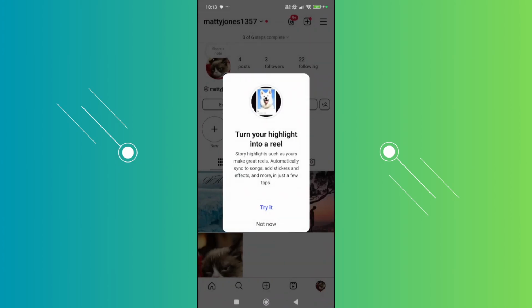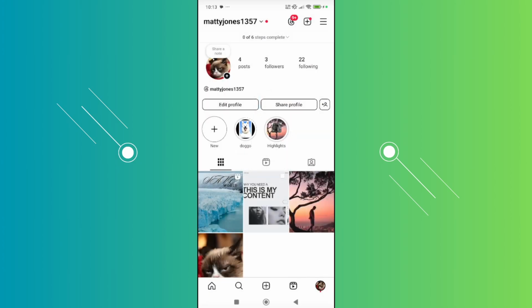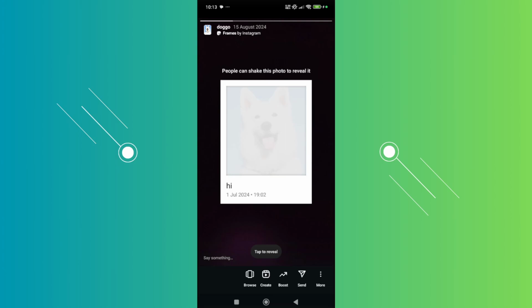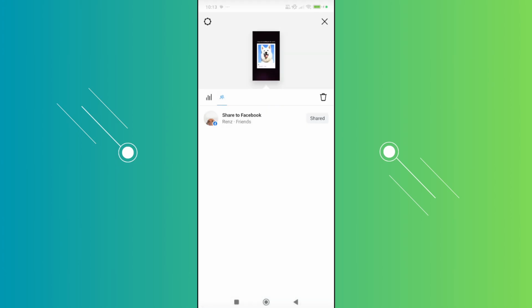But what's important here is whenever we access our highlight here, as you can see, you could actually scroll up or swipe up here. And as you can see, it's going to go to the person icon you see here. But we also have insights here, which gives you detailed information on how your story actually performed. And also you have this person icon, which in this case allows you to see the people who actually viewed